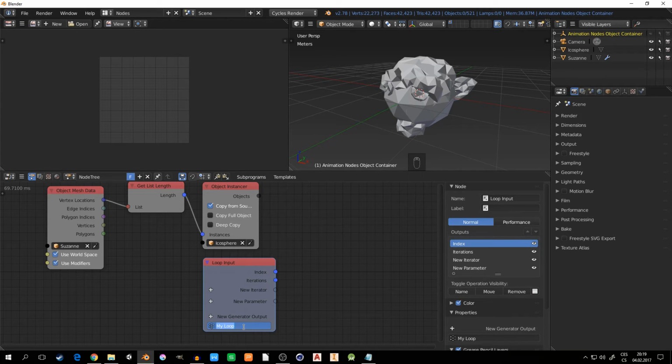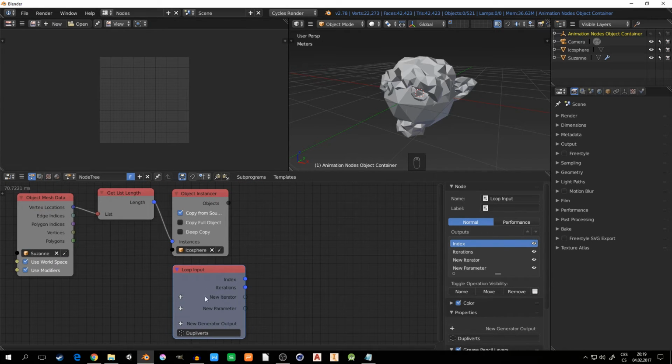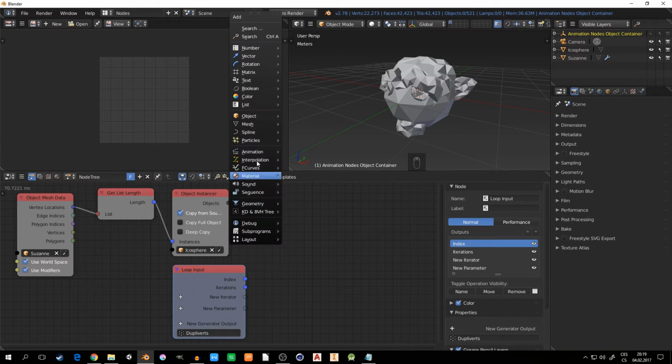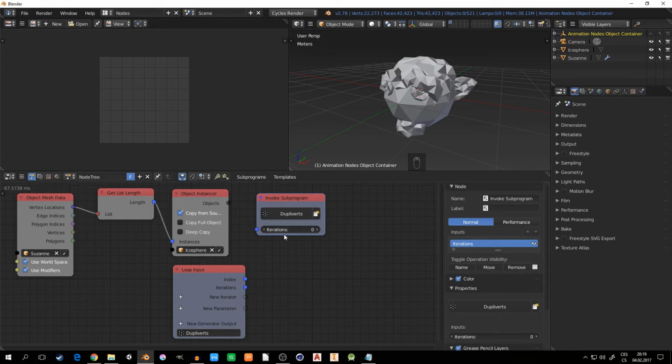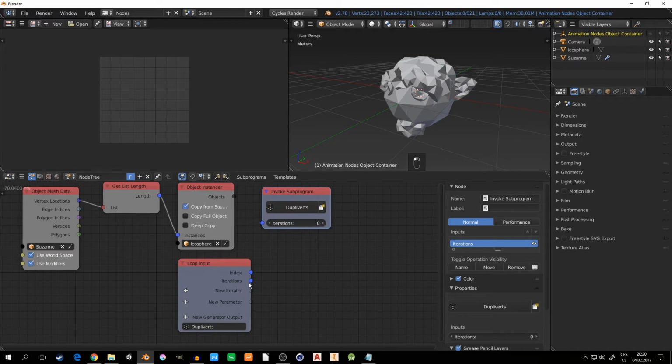We can name it. This loop will be, for example, dupliverts, because that's what we are kind of recreating, the effect of dupliverts. So now if we want to add another node and subprograms, we have a new subprogram named duplivert. So if I add it here, it has just one input, the number of iterations, how many times this loop will be invoked. Well, we want to iterate through all the spheres, so we need a list of objects, so all these objects. So add new iterator,